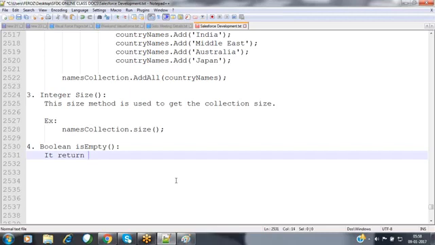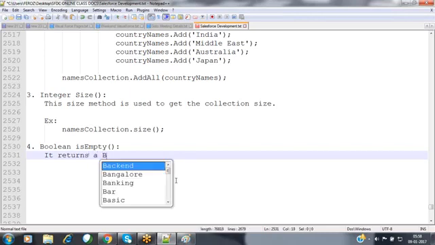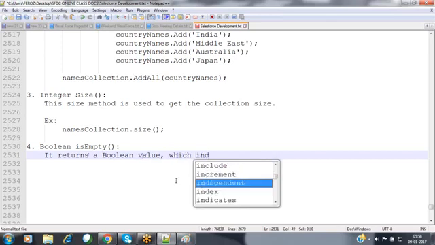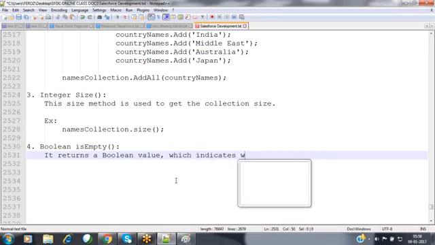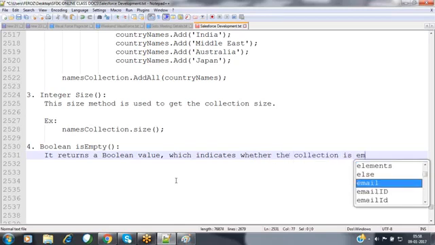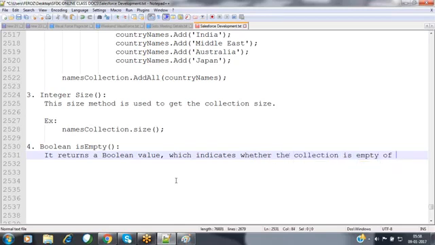Now, it returns a Boolean value which indicates whether the collection is empty or not. And it returns true when the collection is empty.